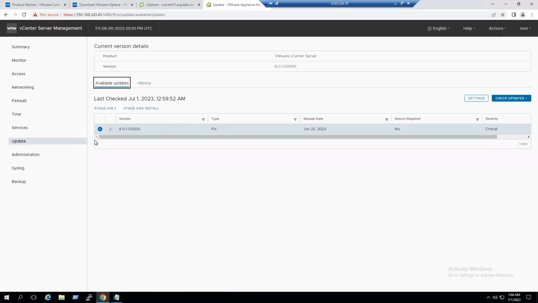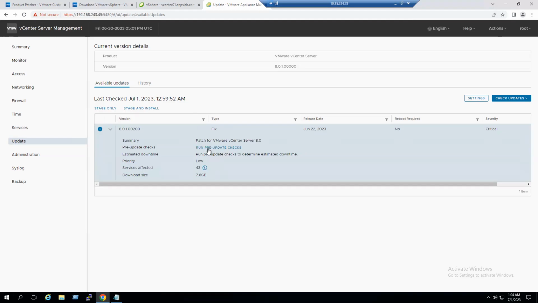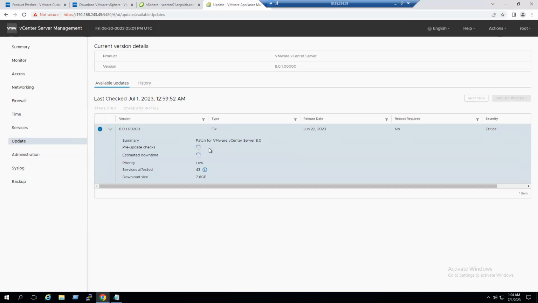And in the production, yeah, we can see that the updates are available. And again, we can run the pre-update checks. And in the production environment, normally in the pre-implementation steps, it's recommended to place the vCenter server in maintenance